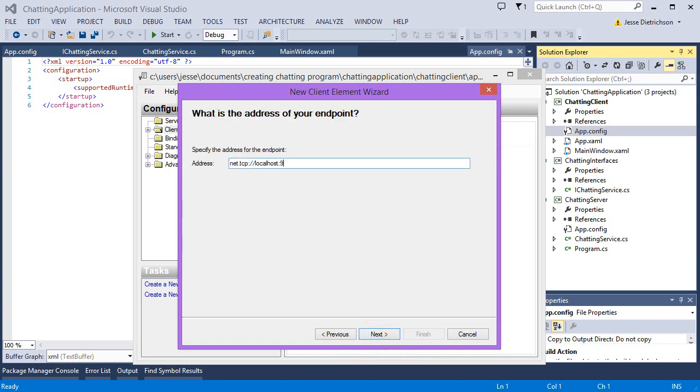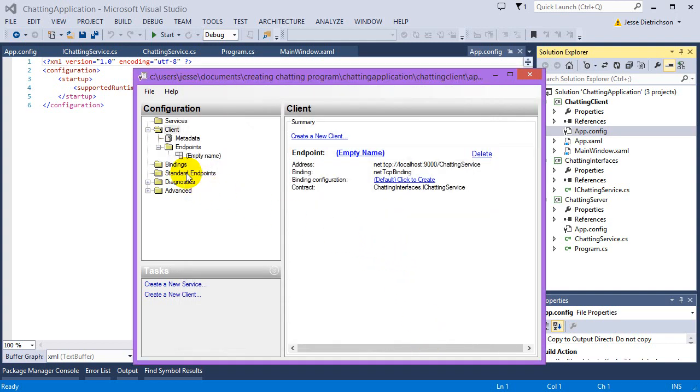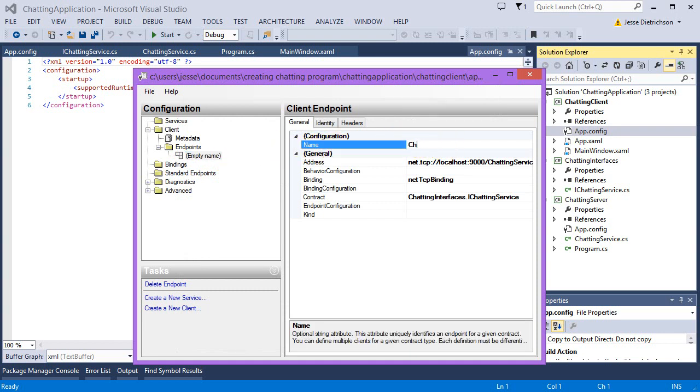The reason why I'm going through this so fast is because we did this all already. What is it called? What did I call it? Chatting. And this is different actually. Chatting service. No, this is the address. What did I call it? Chatting service? I'll change it if that's not correct. And then I'm going to give a name to it called chatting service endpoint,